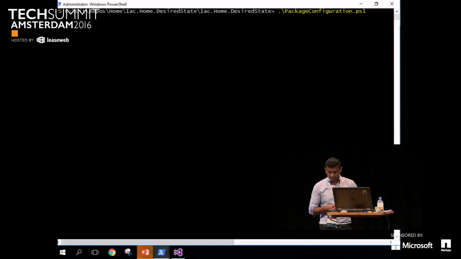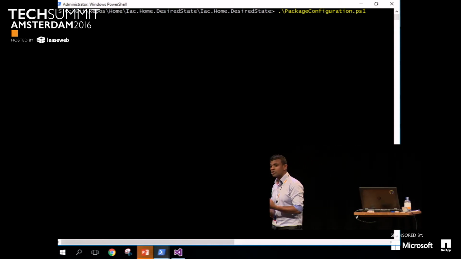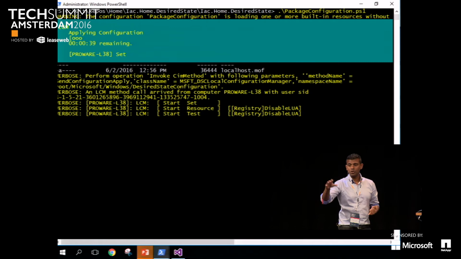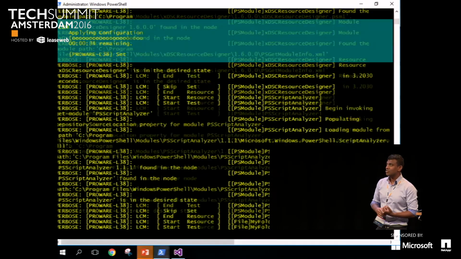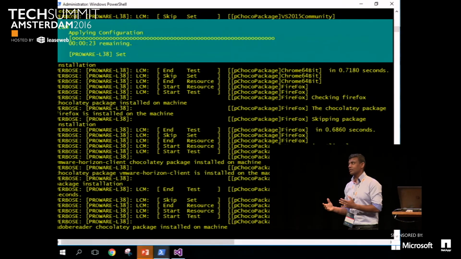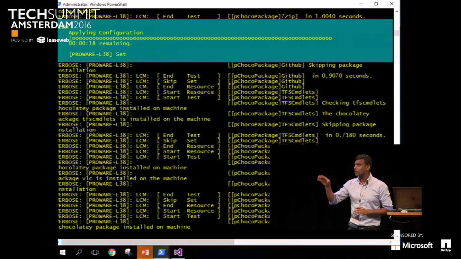Actually it does a couple of things when it is running. It always checks whether the system is in the state which I want. If it is not, it is going to report that this thing is not present on your system, and it's going to change your system. So you can see that there's always a test there, and then a set. We'll reach the place where Fiddler is.